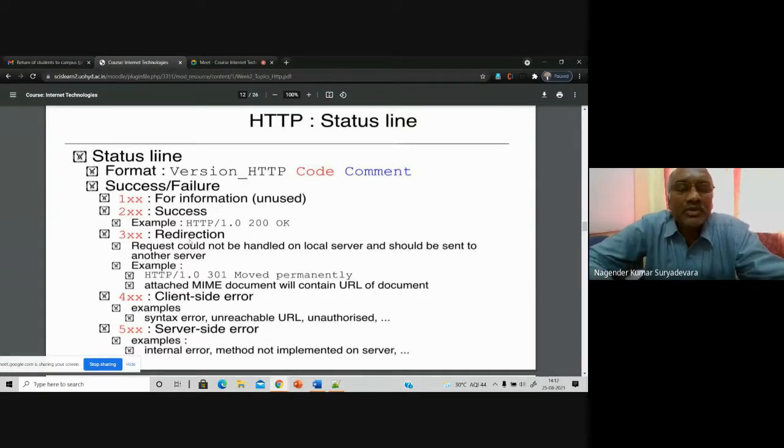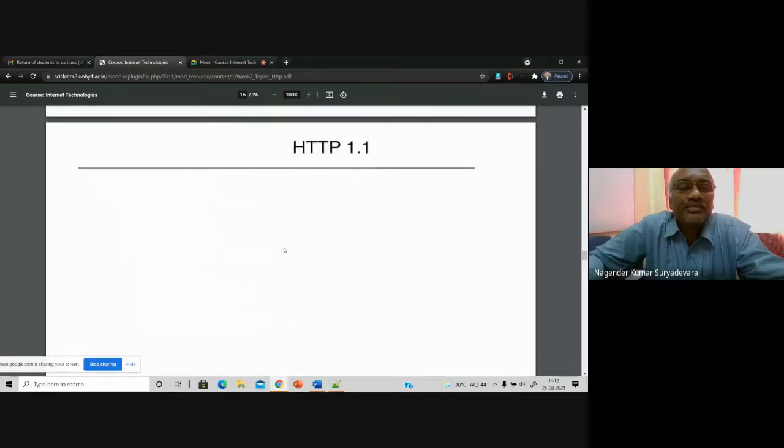So most of the time, sometimes you may see 301, something like moved permanently. Of course, you can still retrieve it even if it is moved permanently. That is not a problem. And sometimes you see the errors 404 or 505, something like that. These are errors indicating those resources are not available on that server.